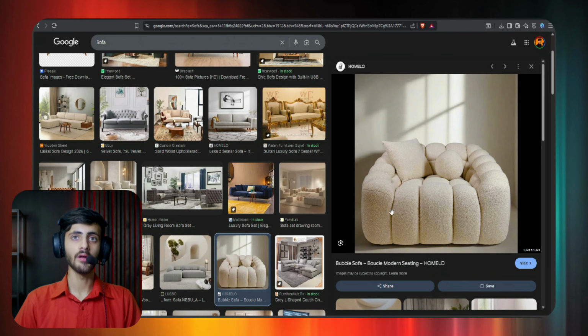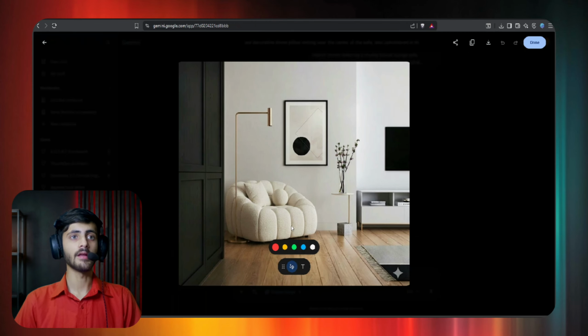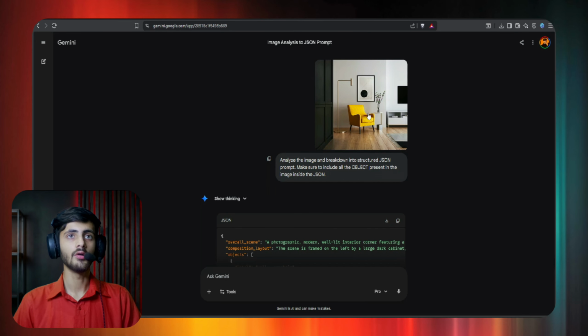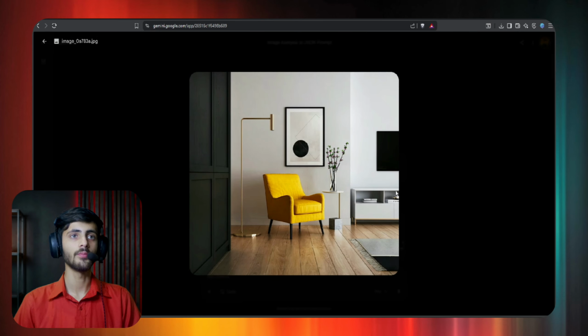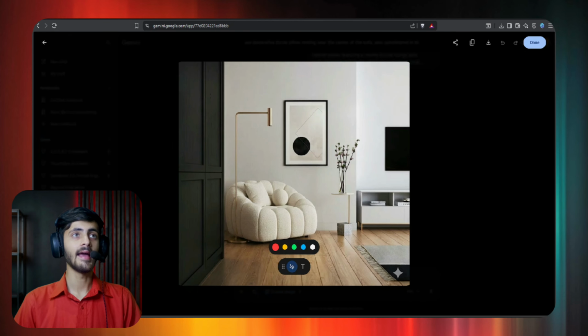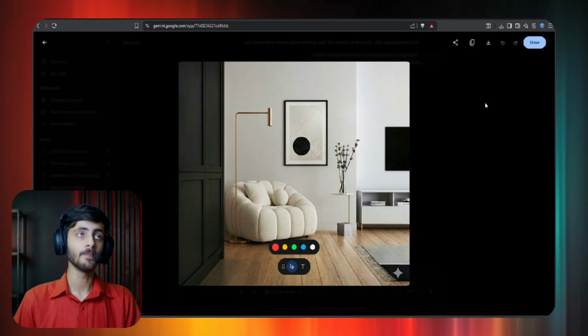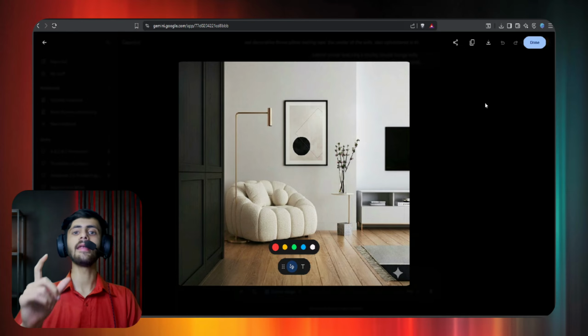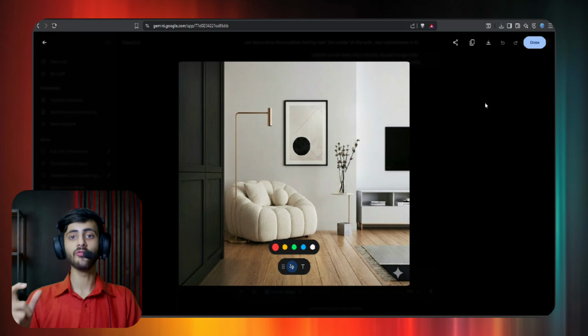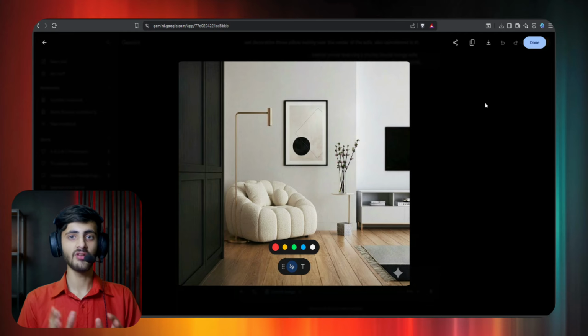If I show it to you, here is the original one and here is the updated one, and if I show you the original image over here, you will be able to see that nothing else is changed in this image, only the sofa is changed. So by this method you can edit any image very accurately, and the rest of the scene will not be changed or different, and your vibe will still be exactly the same as you want it to be.